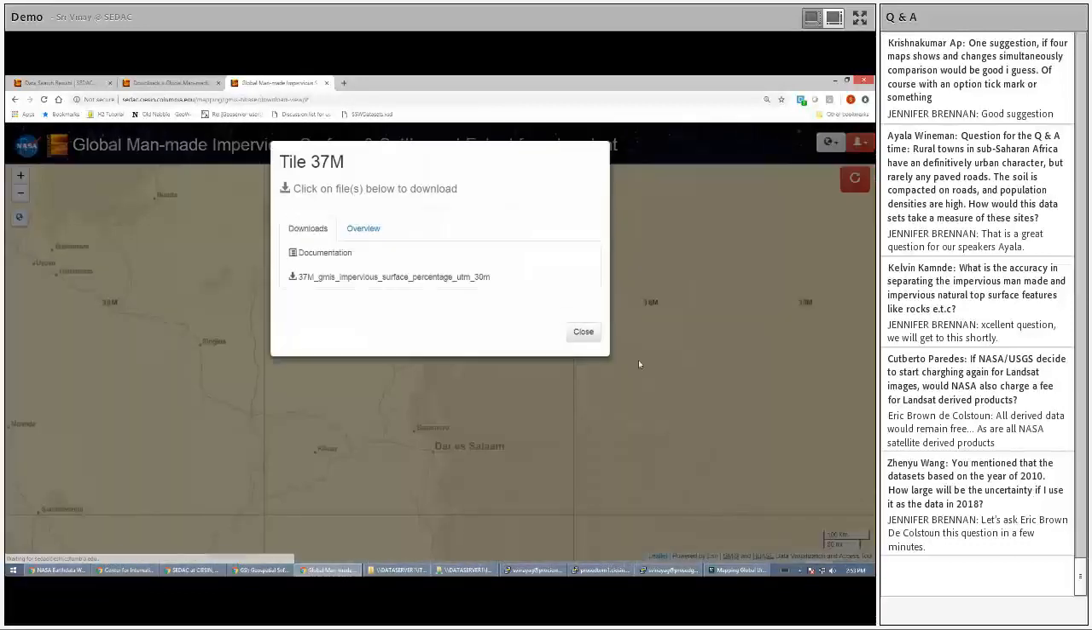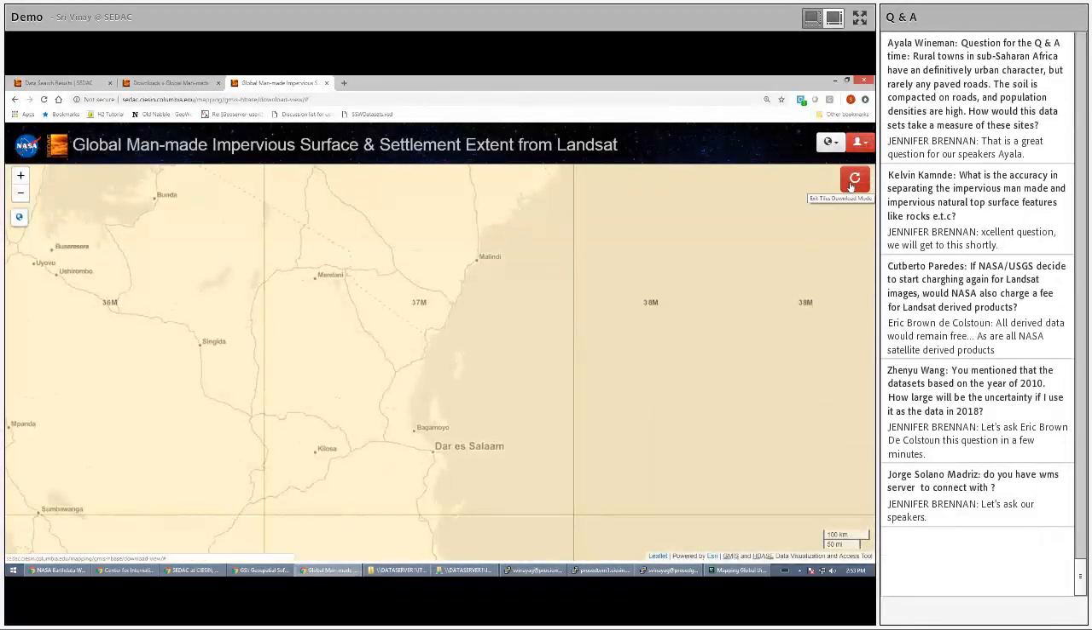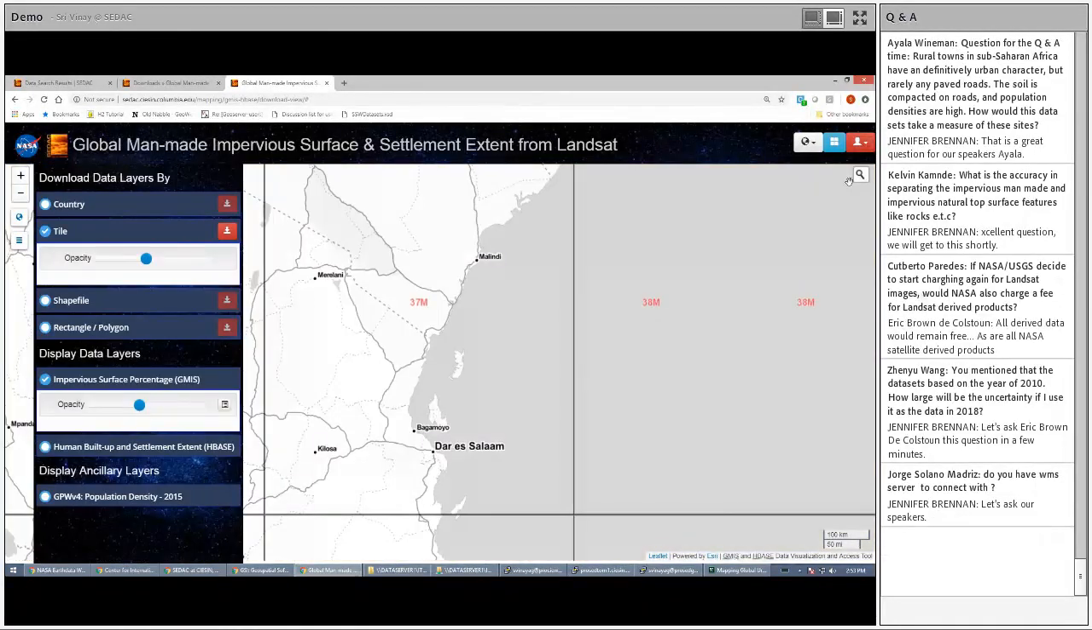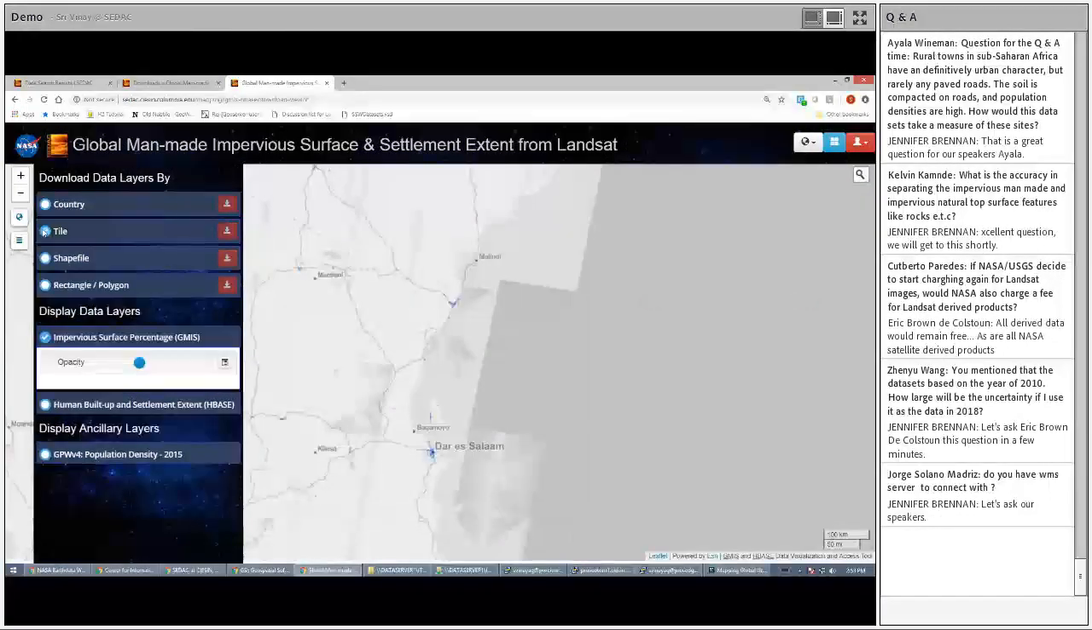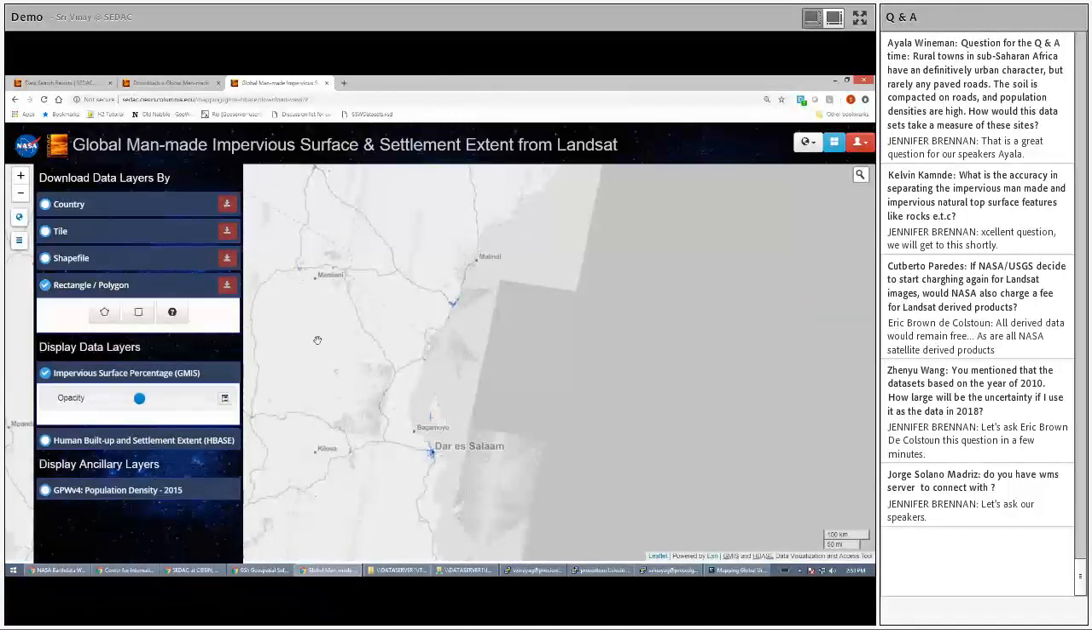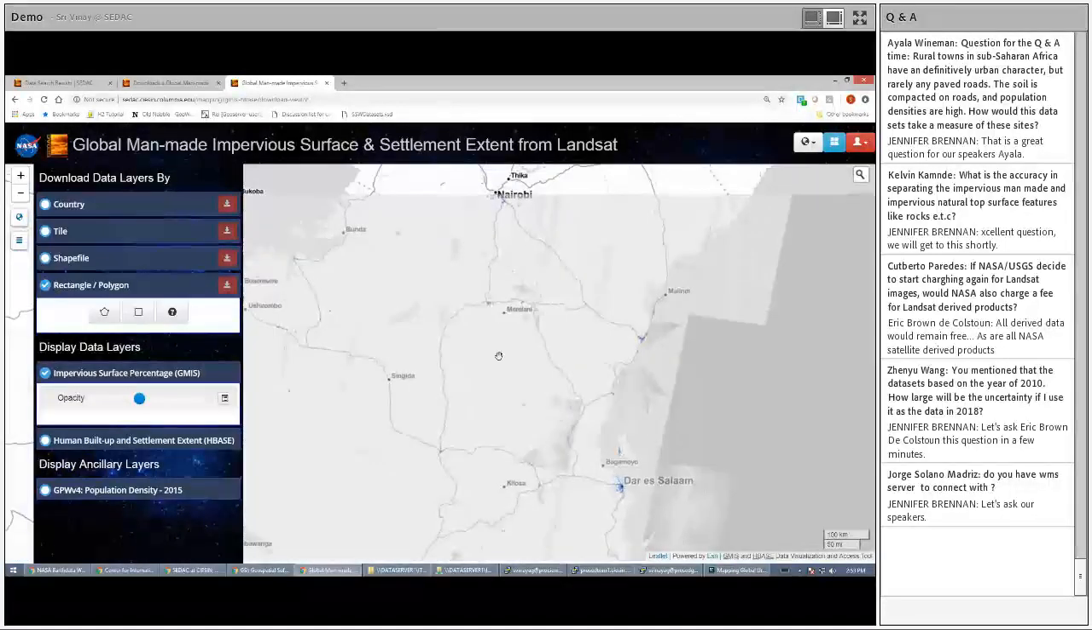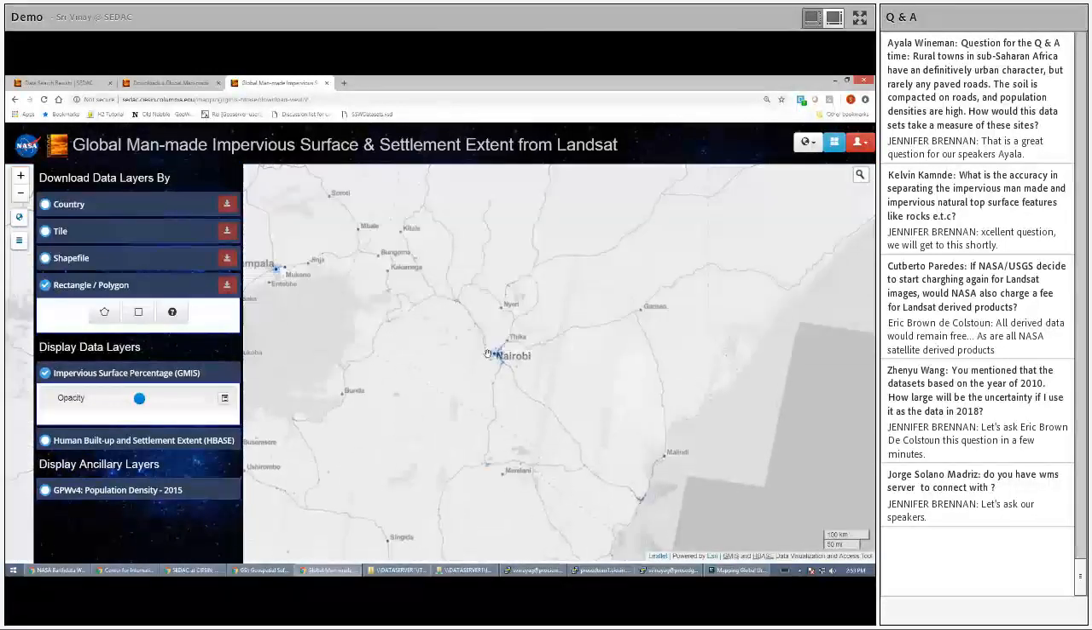And I get the link to download the data. Let's exit out of this tile mask. And the two other interesting ways of downloading the data set is by drawing your own rectangle on the map. So let me turn that on. Let's say I want to download the data set around Nairobi. I can draw a polygon by clicking here, define the area of interest here,